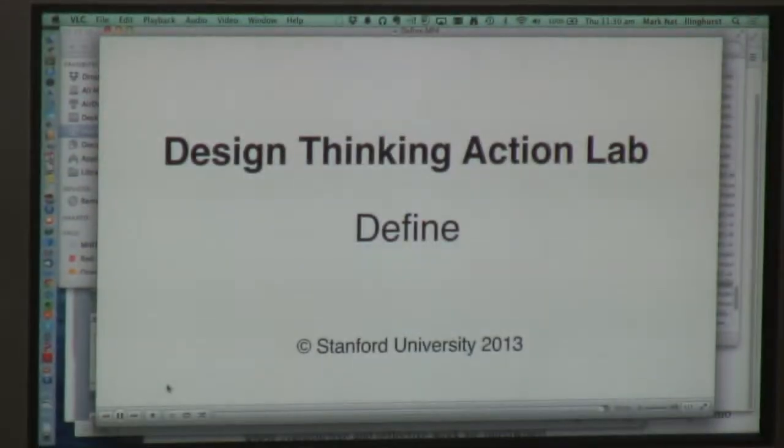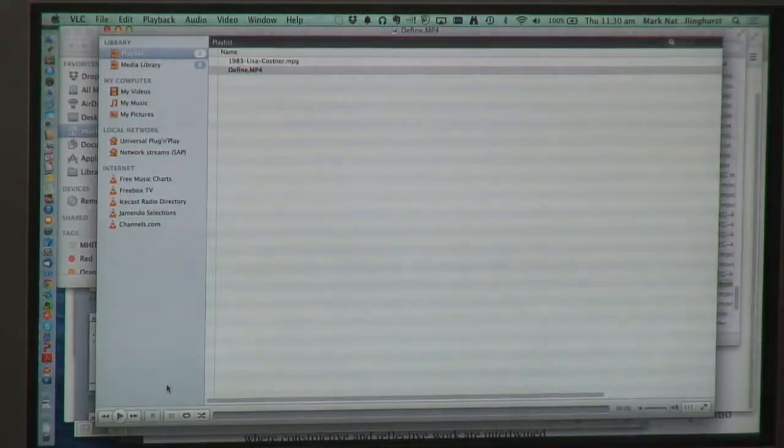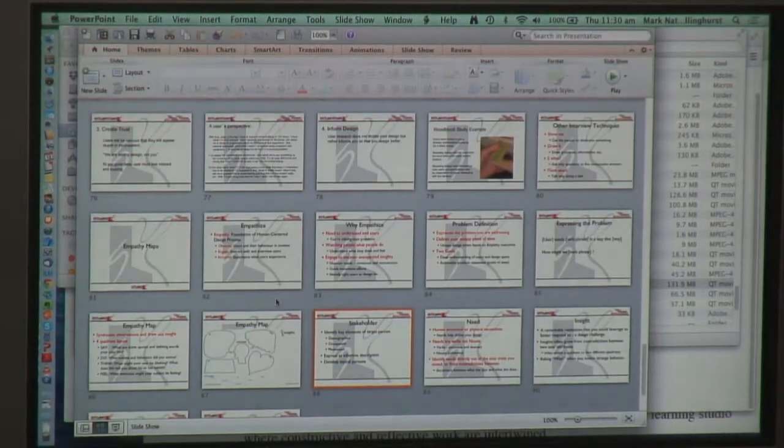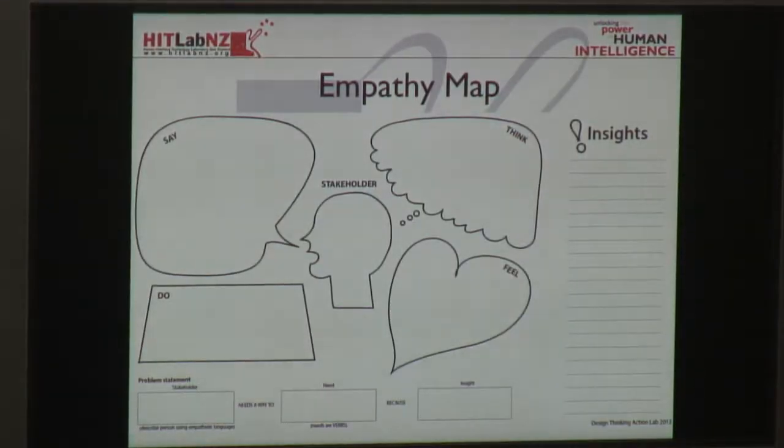Okay, so that's showing how they used the empathy map. In that case, he did some observations, he did some background research, he went out and watched people, and then he talked to the ice cream vendor, and he discovered that the key insight was that the ice cream vendor thought that sunscreen was only for social fun activities, not for work activities. So maybe there's an opportunity there to design some sort of sunscreen that is marketed in a way that people will use it during work.